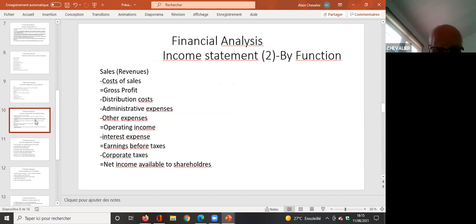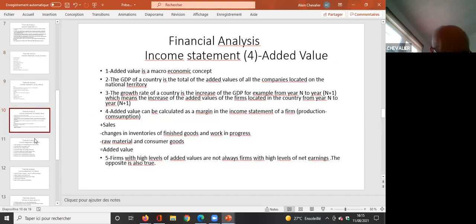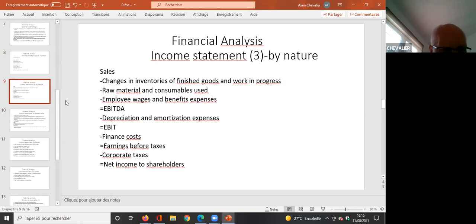But we have also another presentation, which is an introduction of the added value in the system. And in fact, the added value is introduced. You can have a look, for example, here by nature. The added value